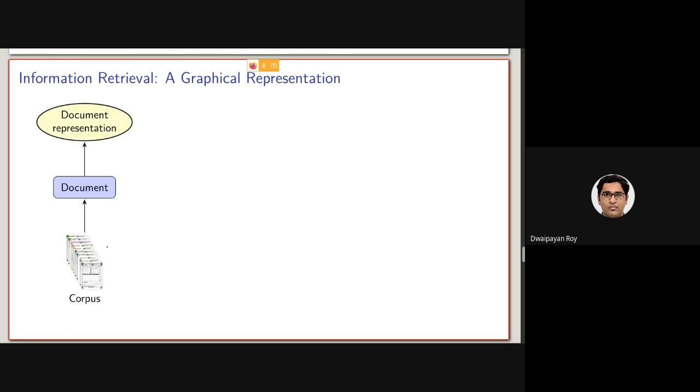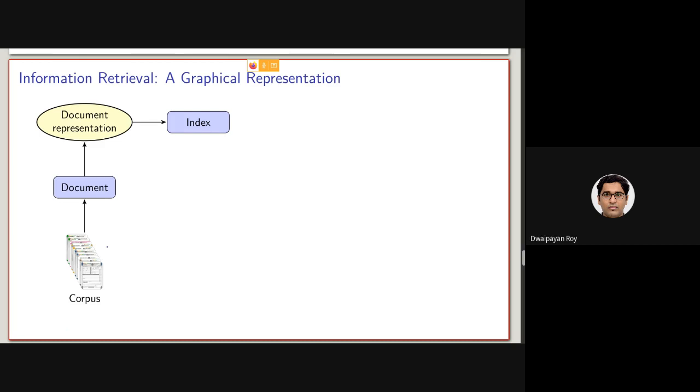The documents will be represented in a certain form so that the retrieval part or the search part can be performed fast. Using this document representation, the information retrieval system will be making an index.